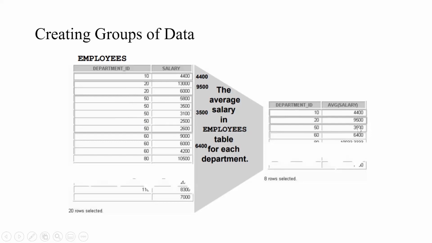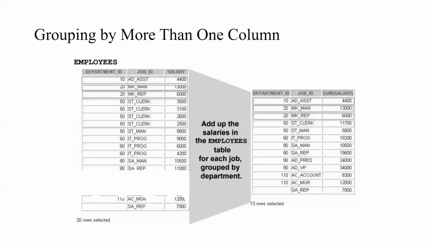So this is how we do group functions by a particular column. In this case it is department ID, and we group the data based on a particular column and perform the function on a numerical column. Also, we can group by more than one column. Previously we only did it for department ID. What we can also do is, in each department ID there can be multiple job IDs, right? If you see for 50,